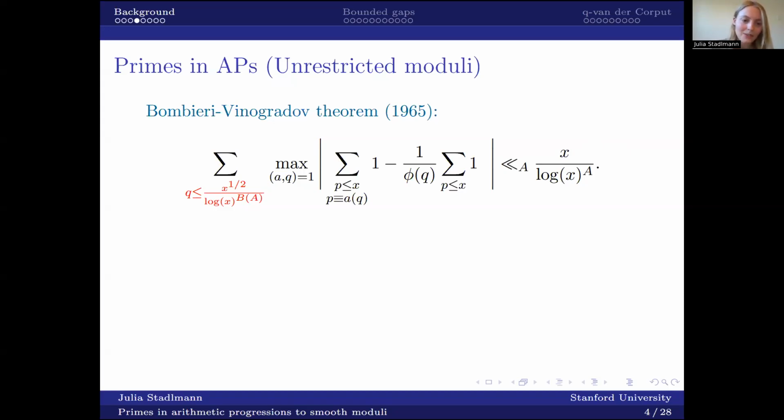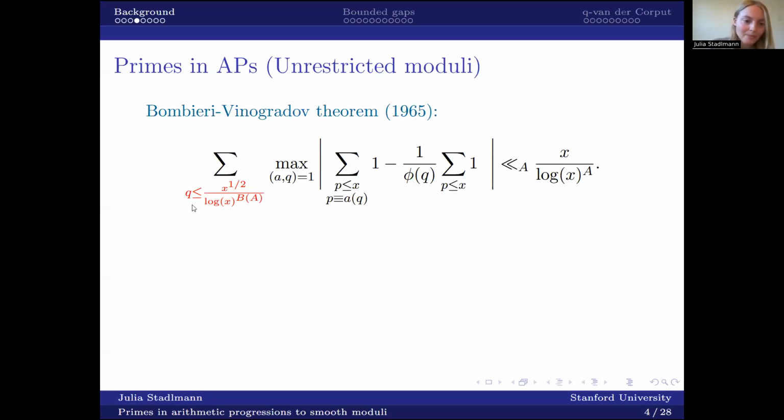And this is a really, really useful result in sieve theory. So in sieve theory, if we want to understand the properties of primes, it's often really important to understand the properties of primes in progressions. And this upper bound in the Bombieri-Vinogradov theorem is used a lot. For example, in Zhang's proof of the almost prime version of the Goldbach conjecture, or in proofs of bounding